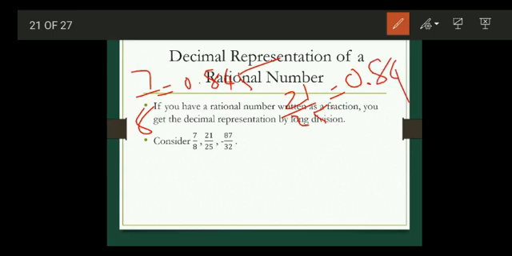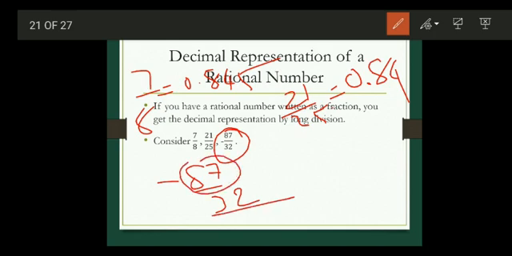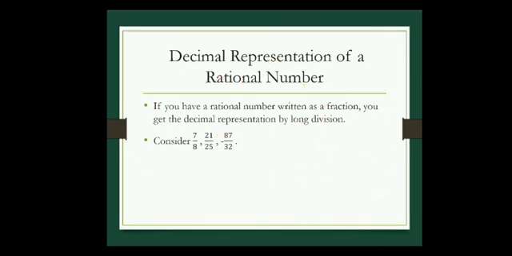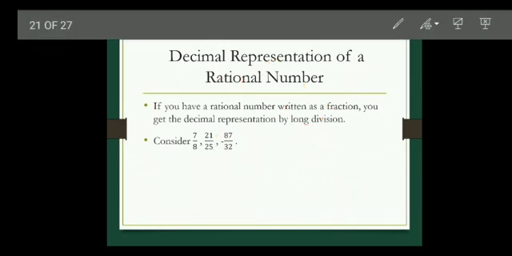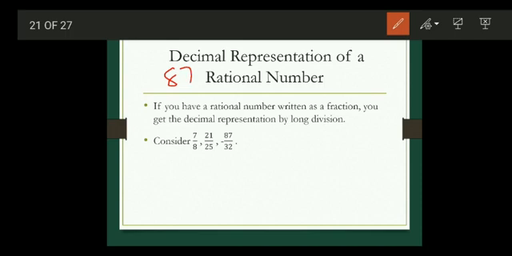Now take this one, minus 87 by 32. First we'll divide 87 by 32, then we'll take the negative sign. Now we are going to divide 87 by 32. Do it with me. 2 32s are 64. Remaining you will get as 23. 8 minus 6 is 2. 23 is less than 32, so make a point 0. So we will get 230.